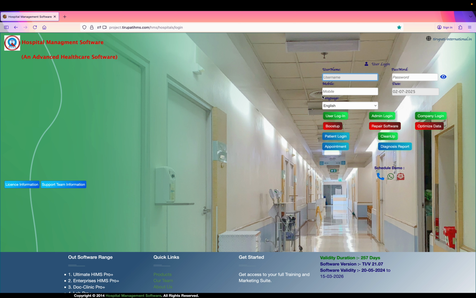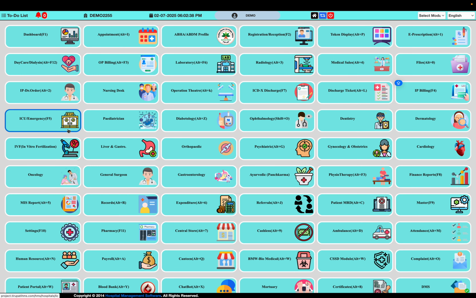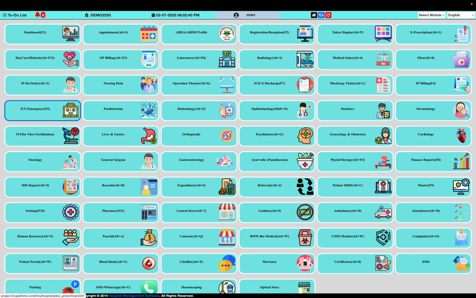Let's go directly into the software login, and here you can see all major aspects of the hospital management software to meet all your hospital needs, digitally organized. Once we have logged in, you can see there are more than 66 modules in the hospital software dashboard menu, which is capable of maintaining all your needs, like the dashboard facility,